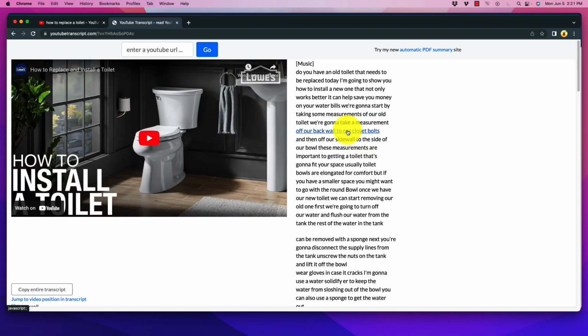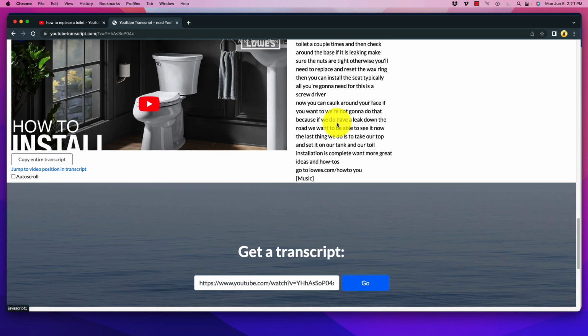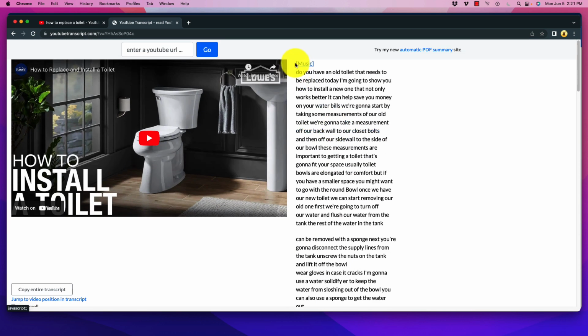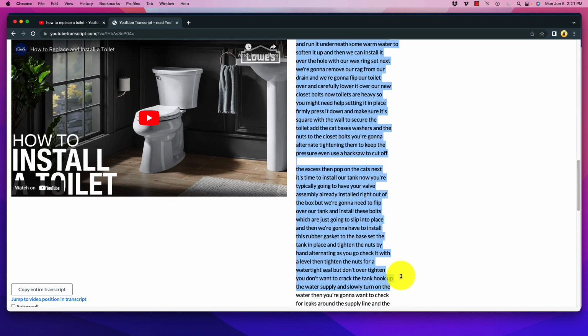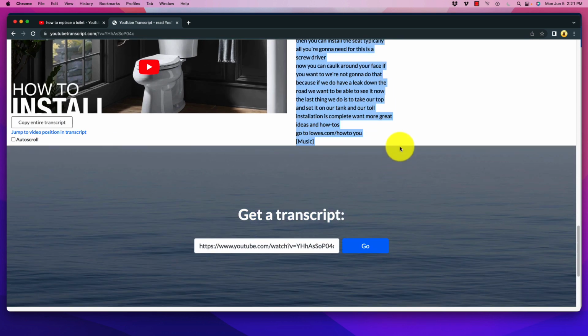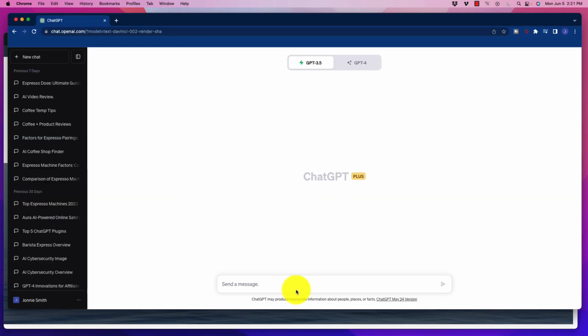Now it's going to give us a transcript of everything that was said in that video. We're going to go ahead and grab that transcript. Very easy, it's not super long. Then we're going to copy it. Then we're going to go into ChatGPT and prompt it to actually take this transcript and write an SEO optimized blog post. So we're going to put that in there and then say,